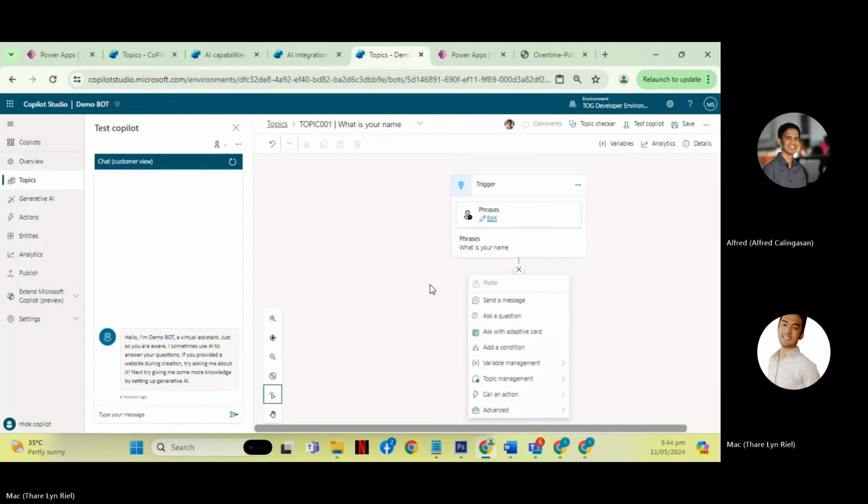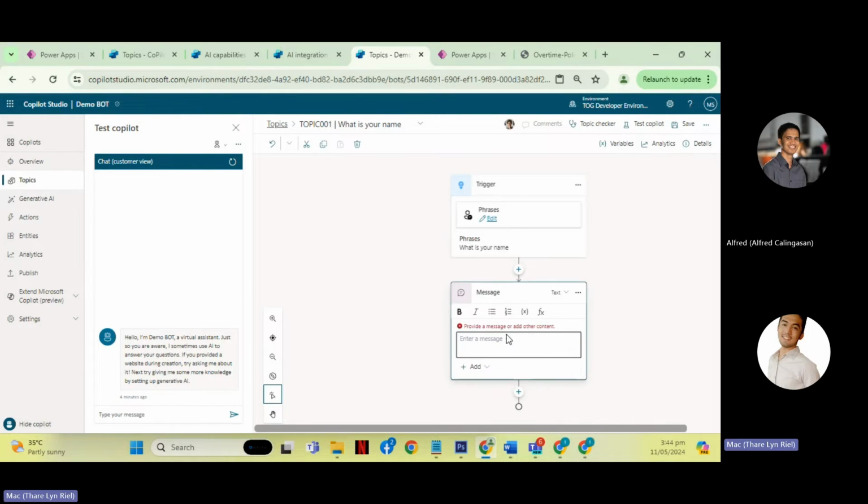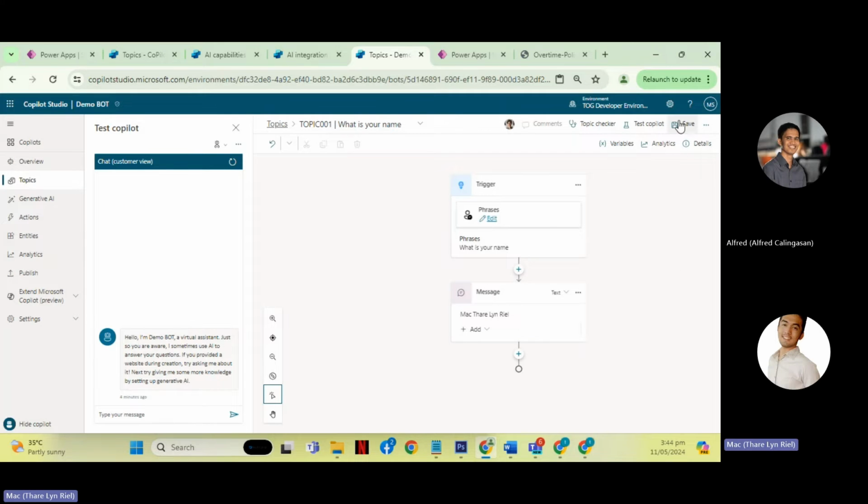And then on Copilot, there are different kinds of actions. So first, there's a send message. So let's put a message here, and then let's click save.